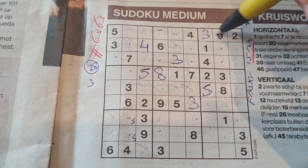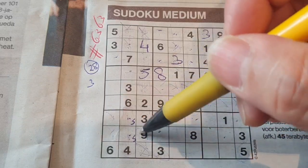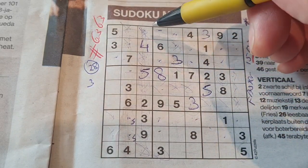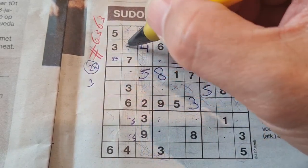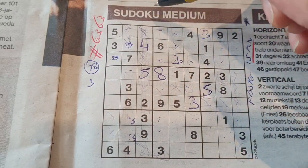We have a 2 and a 9 in the first row, so no 2 and a 9 in these 2 boxes. We have a 2 and a 9 in the third column, so no 2 and a 9 in those 2 boxes. The 2 and 9 goes in these 2 boxes as a pair. 2 and a 9, 2 and a 9. Alright. Then